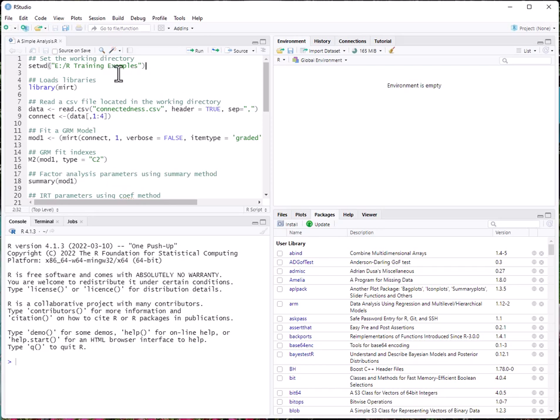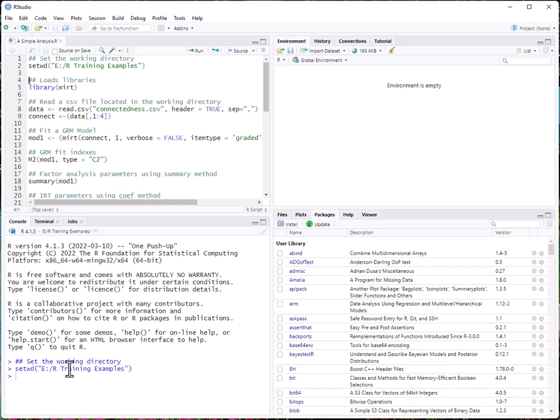So once you get there, you can highlight these and enter. I usually just do the run command here, and I do that line by line so I can see what's going on. Once you get good at this, you can do it other ways, and you can look at the directions about how to submit commands, but this is just the way that I do it. So if you click on run, you can see that it ran, and it shows up then in the